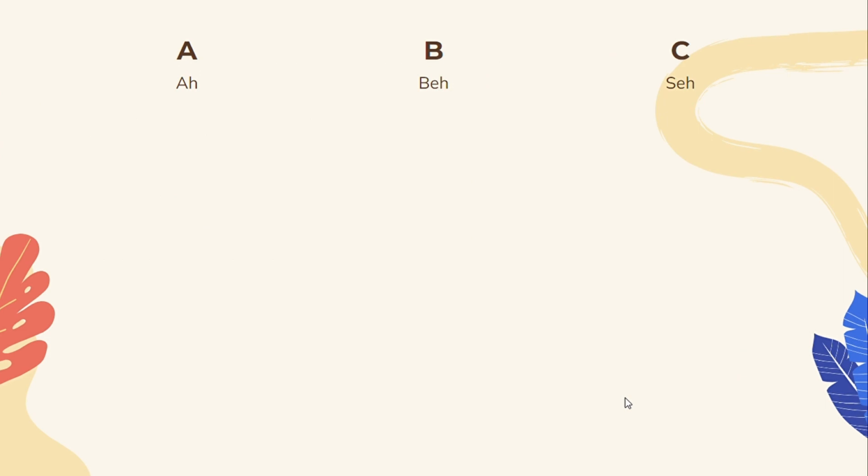So A translates to a, B translates to be, C translates to se, che, which we've already gone over, D translates to de, E translates to F translates to fe, G translates to he, H translates to h, I translates to I, J translates to jota, K translates to ka,